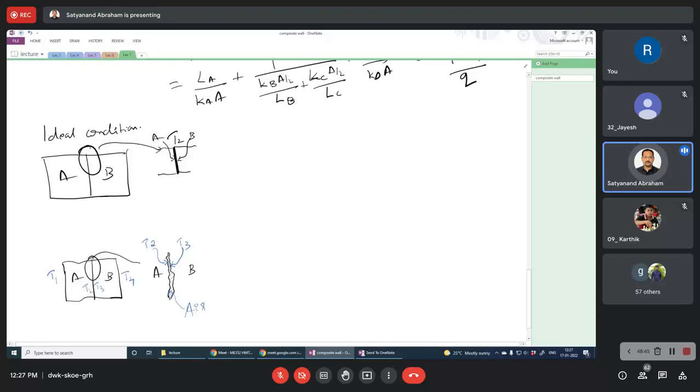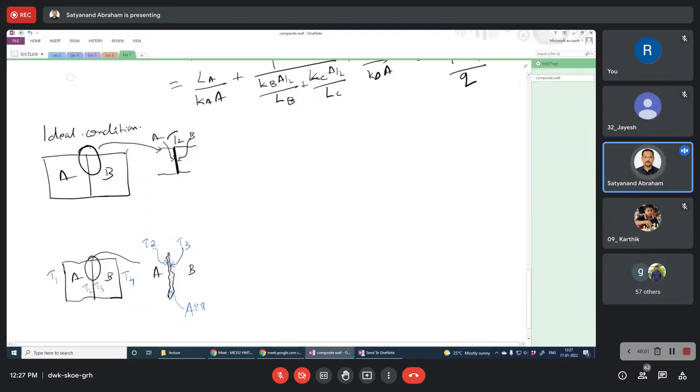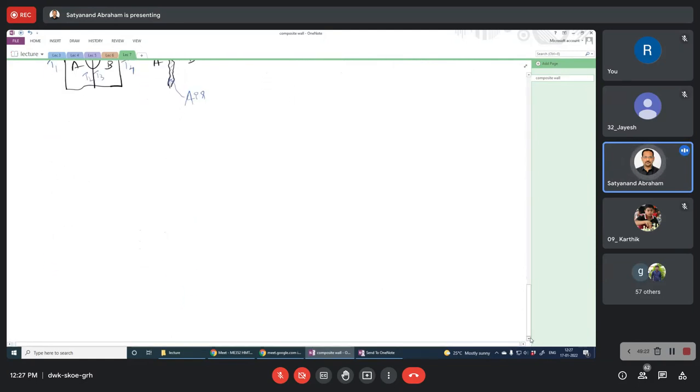So there is going to be some resistance. It is a kind of resistance, right? That resistance is due to the contact of these two surfaces, so we call this resistance the contact resistance. This is another important topic: the contact resistance. We can write, in practical conditions,